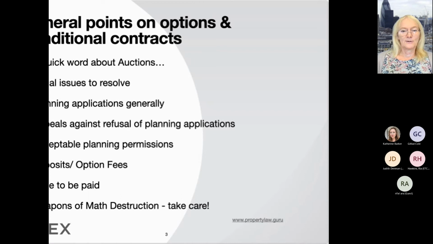So you may have to put restrictions on the seller saying that they will not make any objections, they will not make any planning applications themselves, they will not lobby against the applications through a nominee or associates, and that they will cooperate in all regards with all steps in the application.